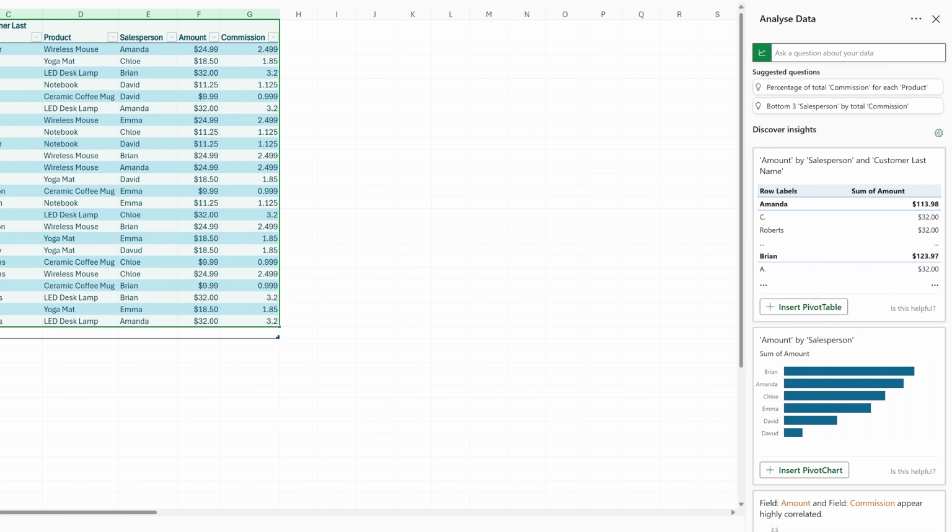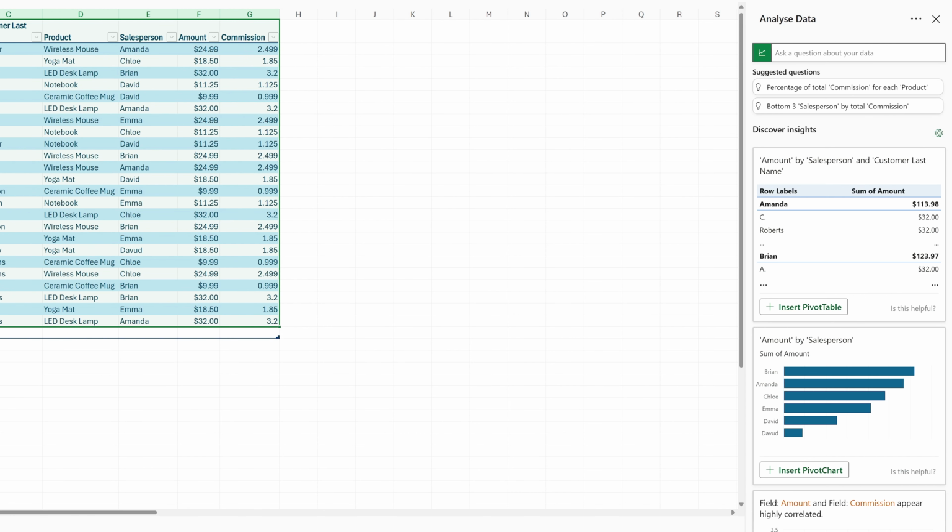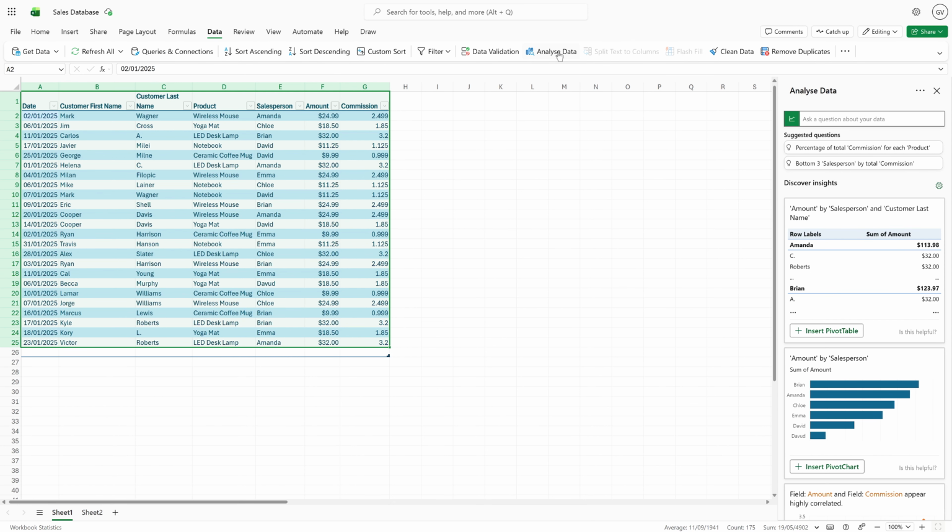Here, you'll be able to type to the AI using plain English, ask it a suggested question, or click on one of the pivot tables or charts suggested under the Discover Insights section. There's more I could talk about here, but the Analyze Data tool is honestly out of date. Instead, let's pivot to the Copilot feature, a new AI-driven tool that does the Analyze Data tool's job, and far